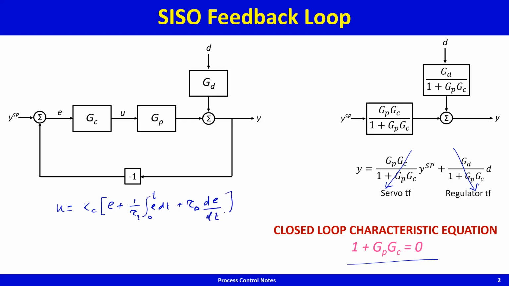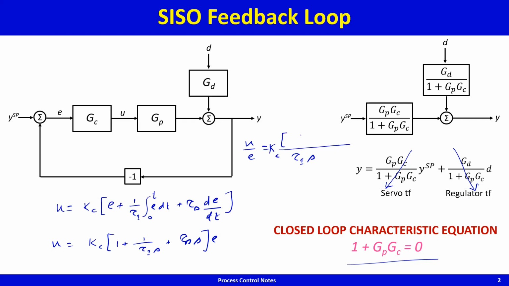If you take the Laplace transform of this, you will get U is equal to Kc times 1 plus 1 by tau I s plus tau d s times E, and this will give U by E is equal to Kc divided by tau I s times